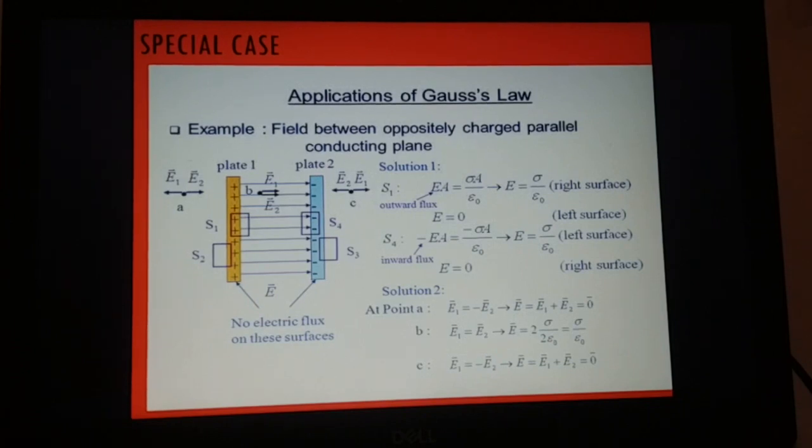Is it clear? So that is a special case of surface charge distribution and electric field intensity due to surface charge distribution. Okay, so that is electric field intensity due to a surface charge distribution. So we have seen the electric field intensity due to linear charge distribution and electric field intensity due to surface charge distribution. Now we can go for electric field intensity due to spherical shell.